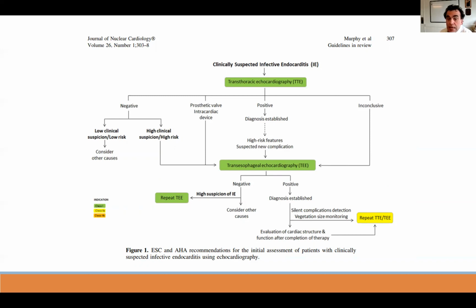If transthoracic is negative and there is a low risk of suspicion, we consider other cases. However, if there is a high risk or high suspicion, despite negative transthoracic echocardiographic findings, we should proceed with the transesophageal echocardiogram. And also, if the transthoracic echocardiogram is inconclusive, we will then proceed to do transesophageal echocardiogram. And then we can look at the iteration of when to repeat transesophageal echocardiogram or transthoracic echocardiogram, and this chart